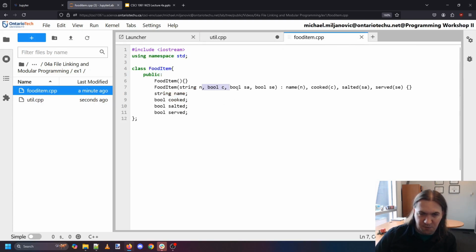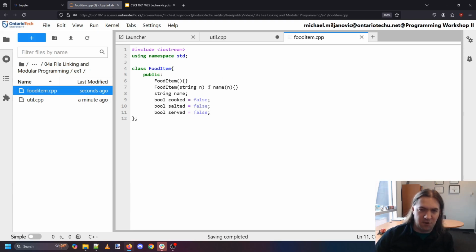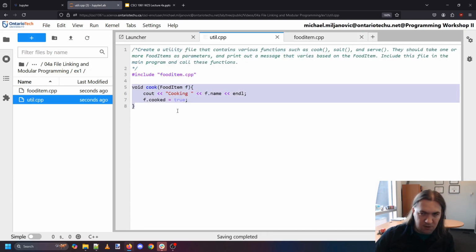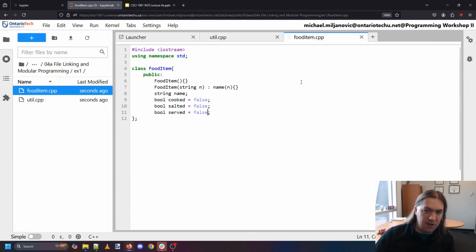Actually, instead of passing these parameters, I want to make things a little shorter. I'm actually not going to pass these. I'm just going to assign the name, and we'll set everything else as false to start. False, false, false. And that way we can make our functions actually set these to true. And otherwise we won't allow it. Okay, so here's cook. We'll do salt, and we'll do served as well. Salt, salting, salted, cooked, serving, served. Okay, so now I have my utility functions, I have my food item class, and now finally